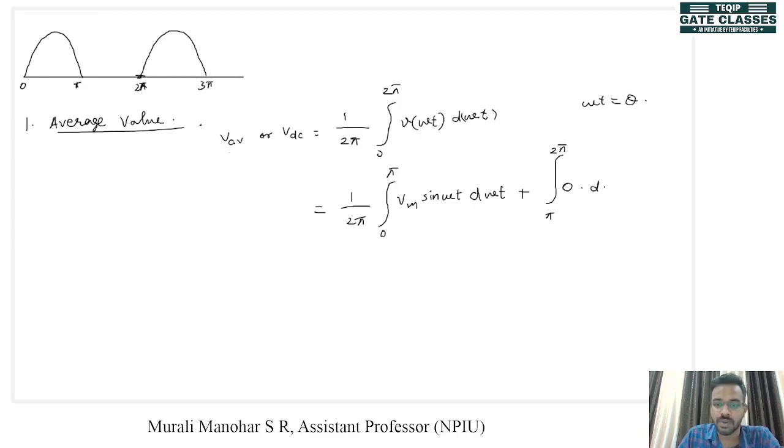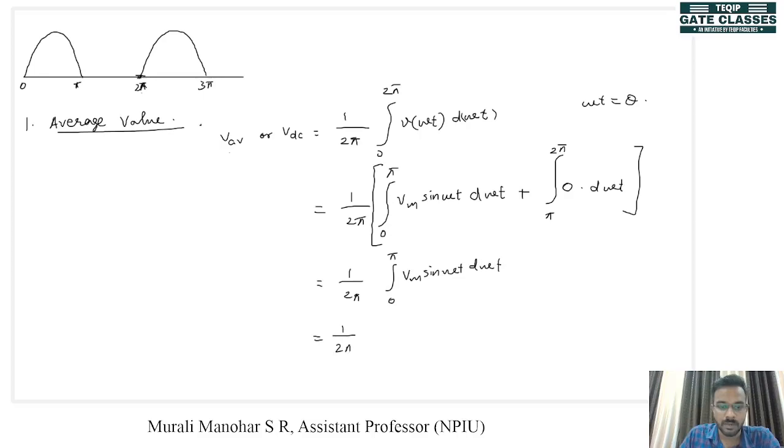So 0 d omega t. So it will give us 1 by 2 pi integral 0 to pi Vm sin omega t d omega t,